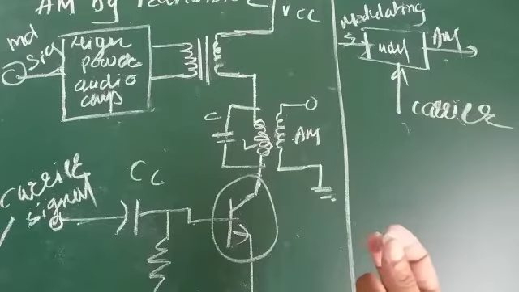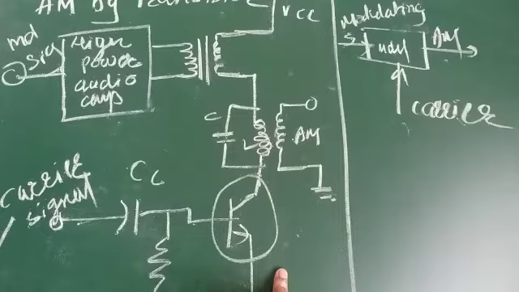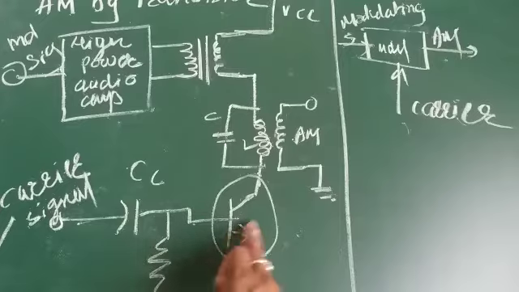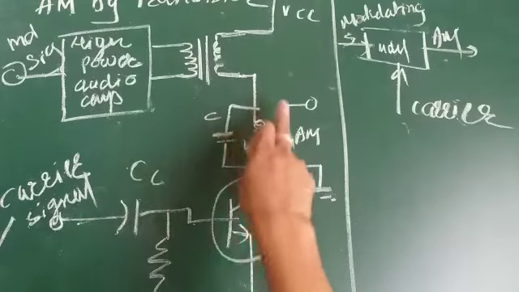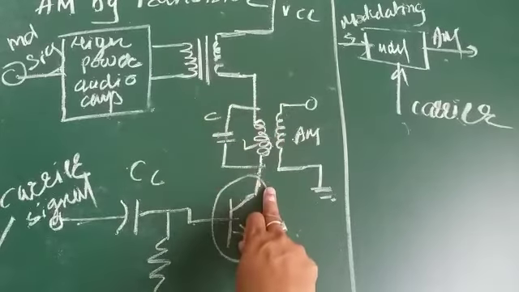Now let us see the working principle. This transistor works in class C amplifier mode. The carrier signal is applied to the base of this transistor and we know that class C amplifier means this transistor conducts only for the positive half cycle of the input signal. So this positive half cycle will get inverted here and this LC tank circuit can be tuned for the carrier